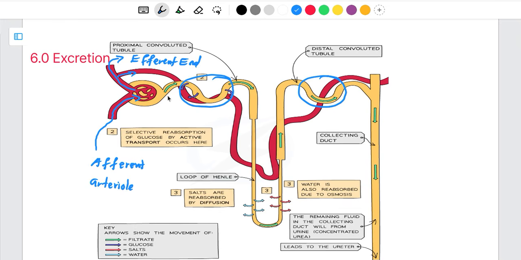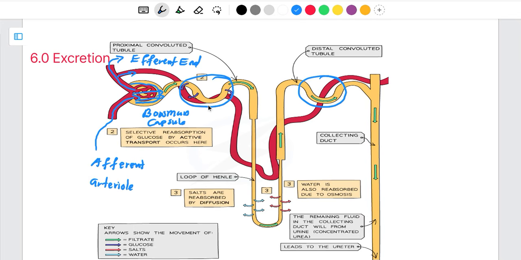So this is the glomerulus, and this cup-like structure, which I'm drawing, the space here, is called the Bowman's capsule. The substances are going to be filtered into the Bowman's capsule. They are going to travel using this tube here, which is called the proximal convoluted tubule. So in the proximal convoluted tubule, that is where the absorption of glucose takes place as well as water,